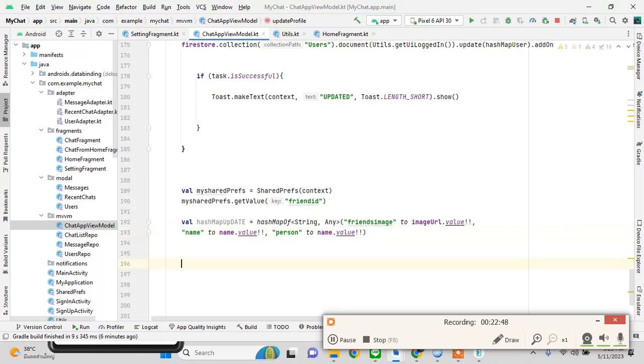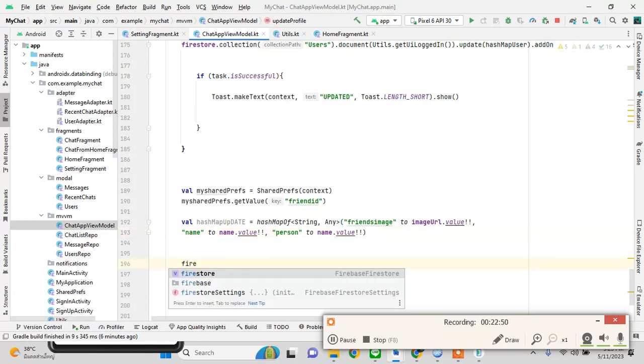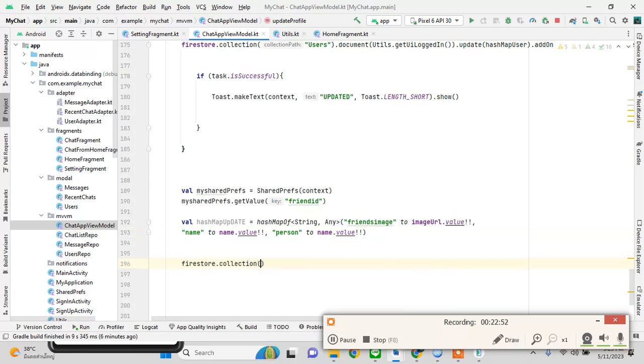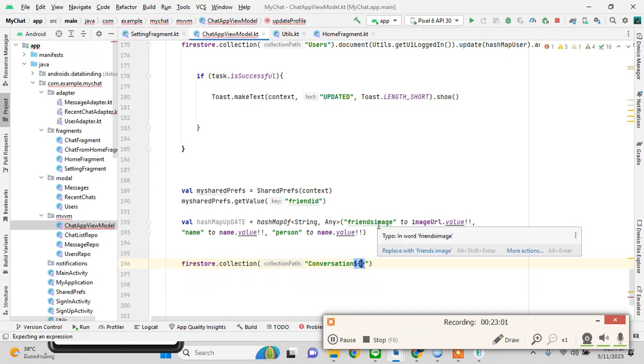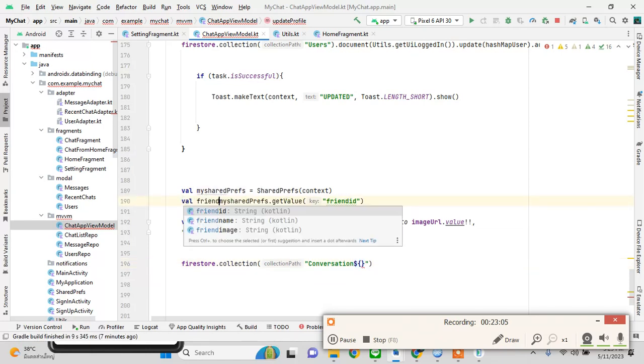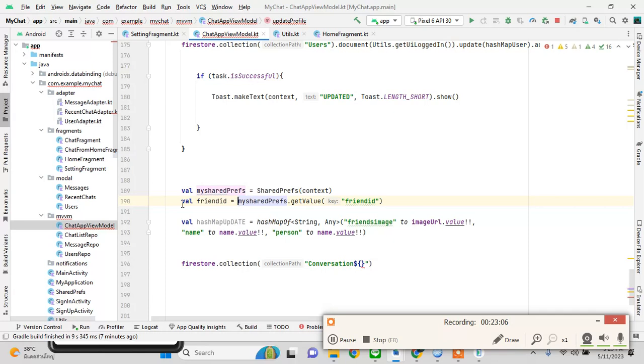So Firestore collection conversation, okay, yes, friend ID document. Utils get UID logged in, update the hash map,